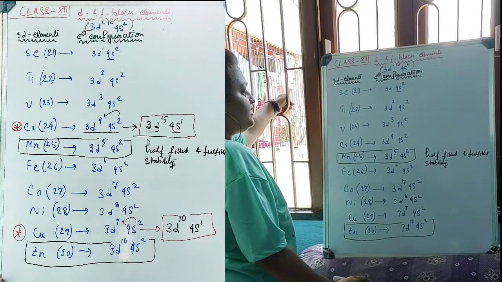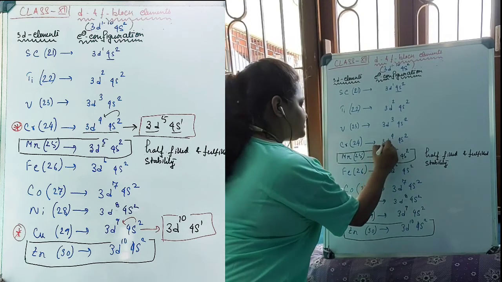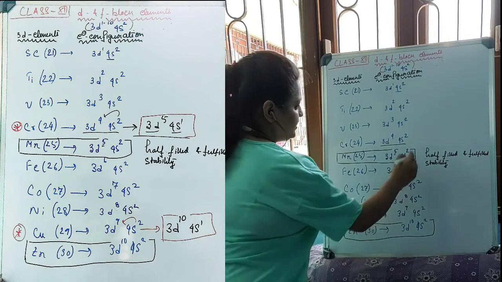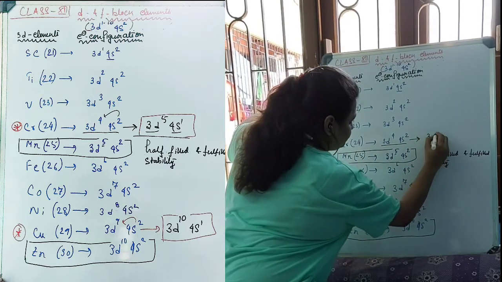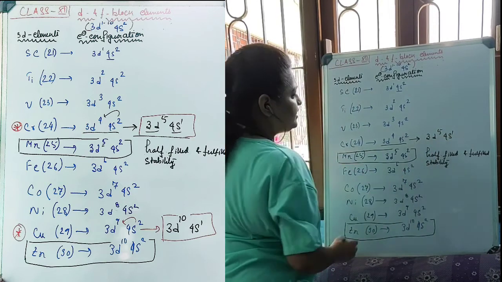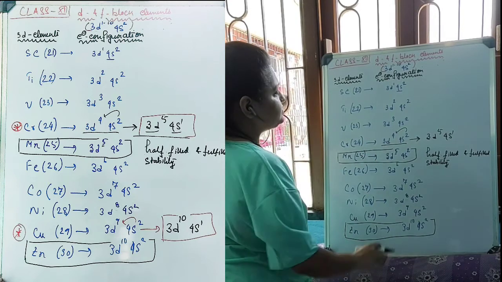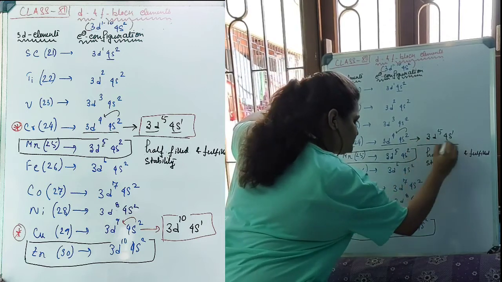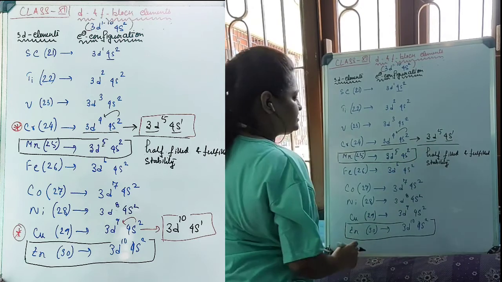Chromium, just above manganese, has the expected electronic configuration 3d4 4s2. But chromium rearranges its electronic configuration to have 3d5 4s1. One electron from 4s jumps to the 3d subshell, making 3d4 into 3d5 and 4s1. Thus, chromium gets half fill stability for both the